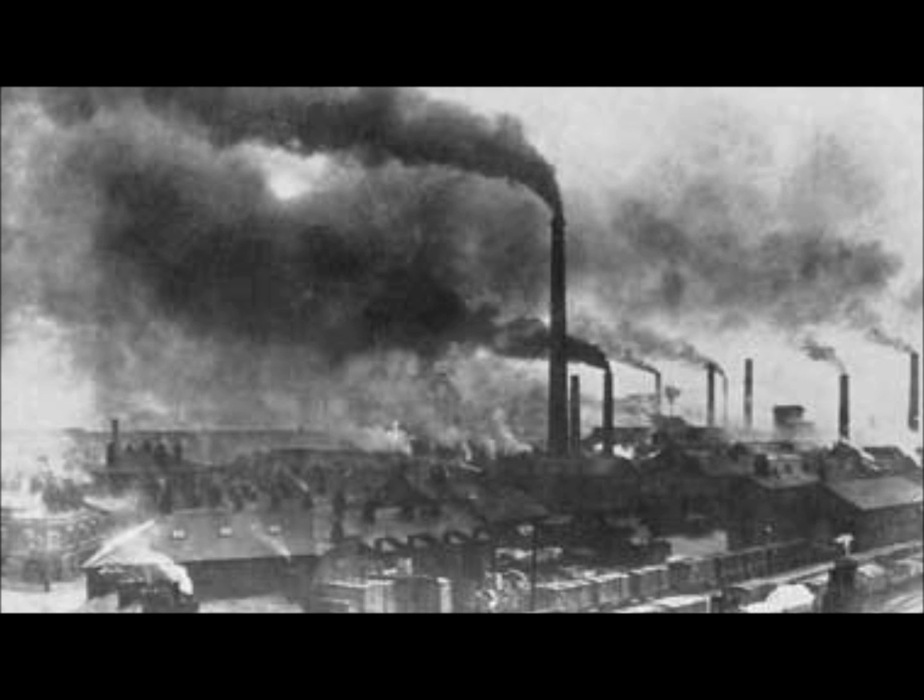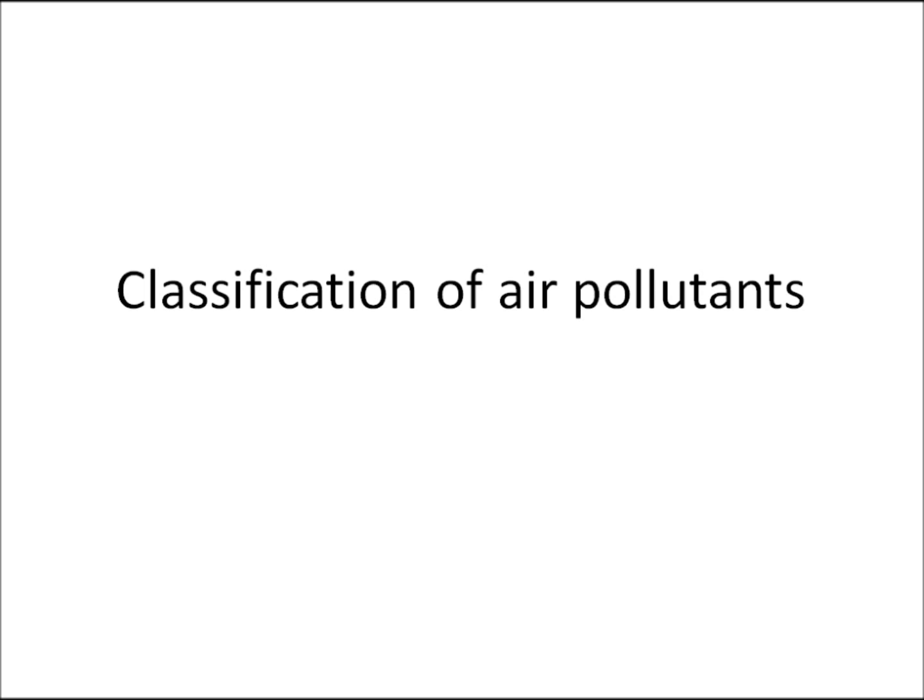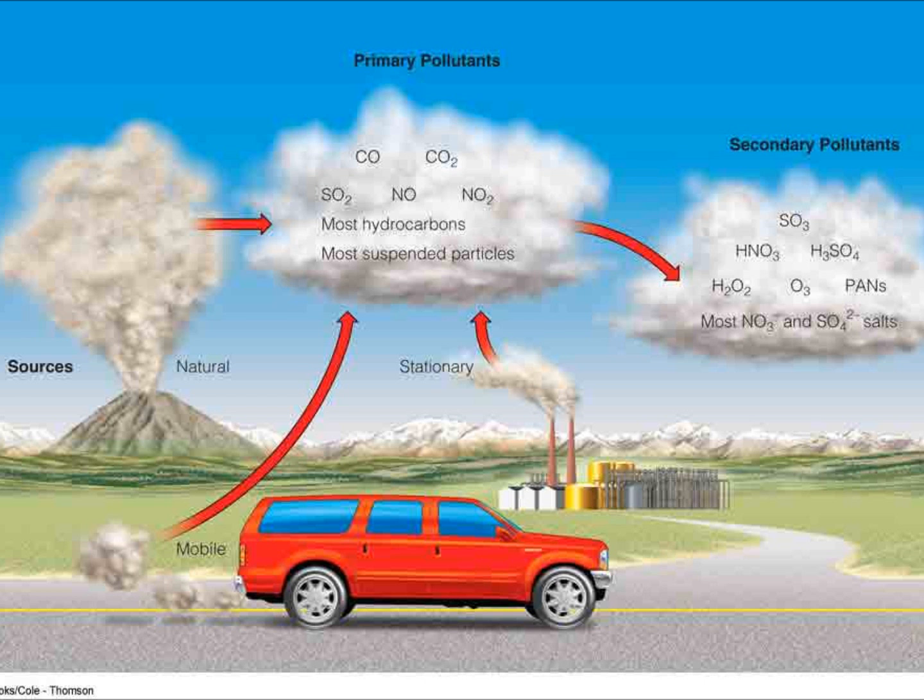There are two types of pollutants, primary and secondary pollutants. Primary pollutants are harmful chemicals emitted directly into the air from natural processes. Secondary pollutants are primary pollutants that react with one another to form new harmful chemicals. Examples of these pollutants include carbon oxides, such as carbon dioxide and carbon monoxide, nitric oxide, sulfur dioxide, and sulfuric acid.